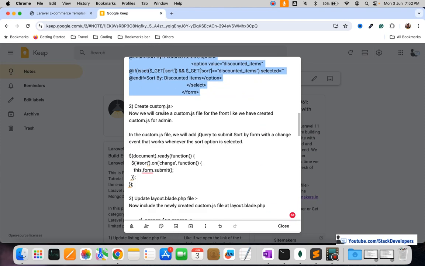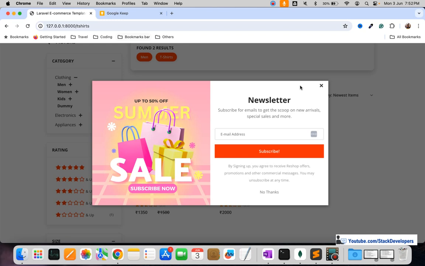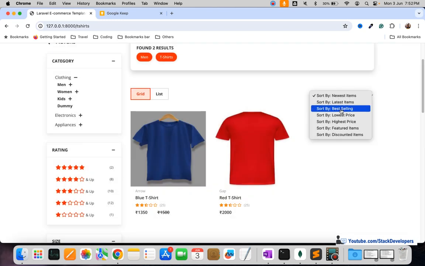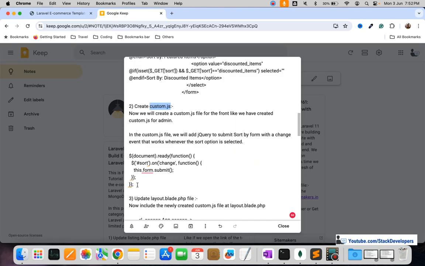So we are required to create the custom.js file, so that we can add the jQuery. Like if we select any option, our jQuery will run, and on the basis of that jQuery we are going to call the function. On the basis of that jQuery we are going to submit the form. That is the thing that we are going to do, but we are required to create the custom.js